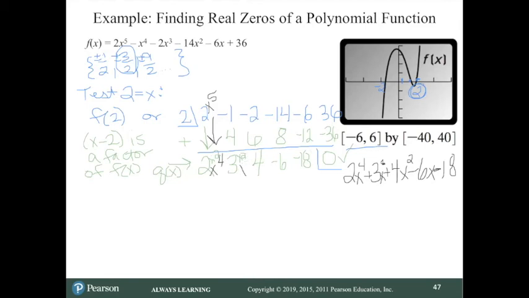I'm going to leave space underneath my synthetic division because what I'd like to do is divide my new polynomial by my next factor. Because we just factored, right? We wrote f of x equals the quotient times my divisor. So I can say